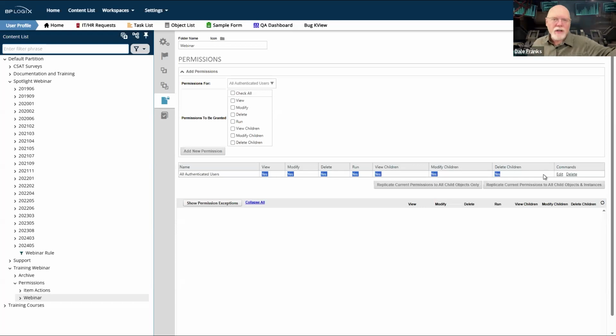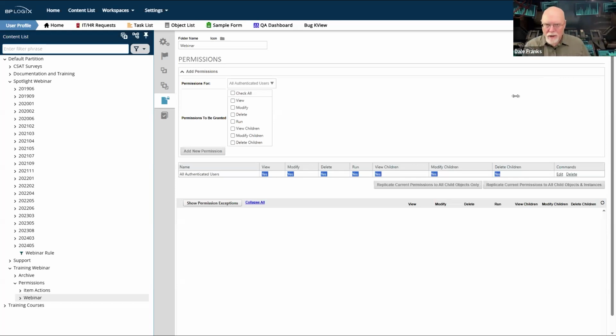So this inheritance starts at the folder level, and every time I create a new object, whether I'm creating it in the UI by creating a new form or process definition, or whether it's an end user who is creating it simply by submitting a form to create the process and form instance once that form is submitted, then all of those permissions just get inherited down the chain all the way down to the end.